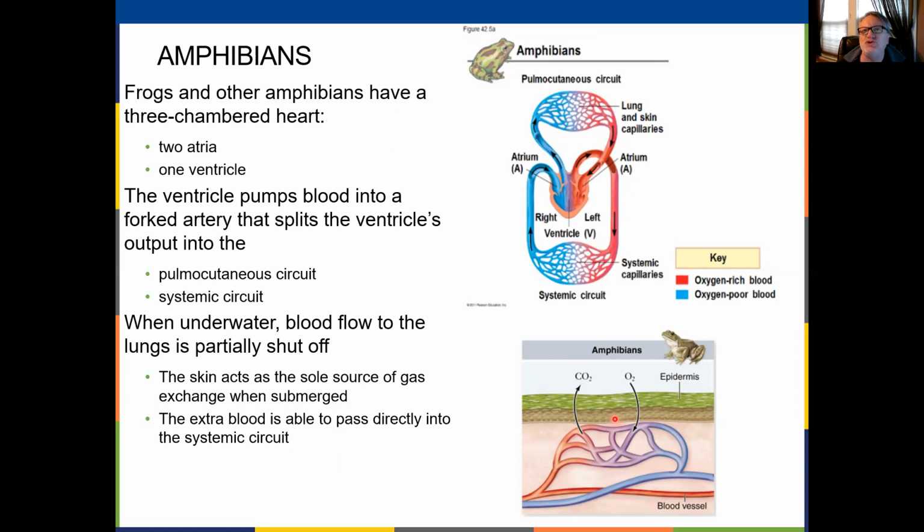In order to shift the blood efficiently back and forth between going to the lungs and going to the skin, they actually only have one true ventricle. So there's two atriums, but one true ventricle, because there's no separation between the left and right side of the ventricle. This allows the blood to be shunted away from the lungs and bypass it and just go straight out